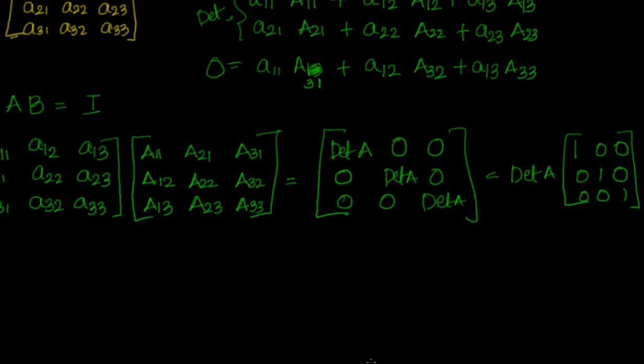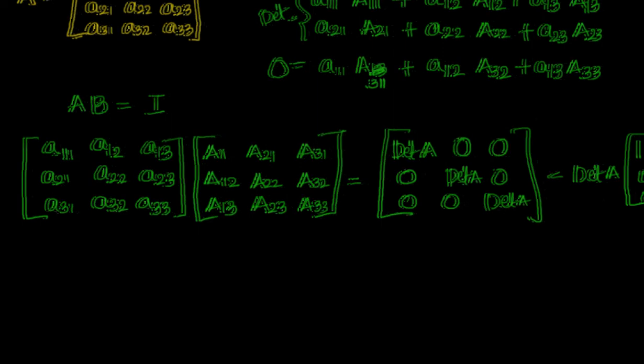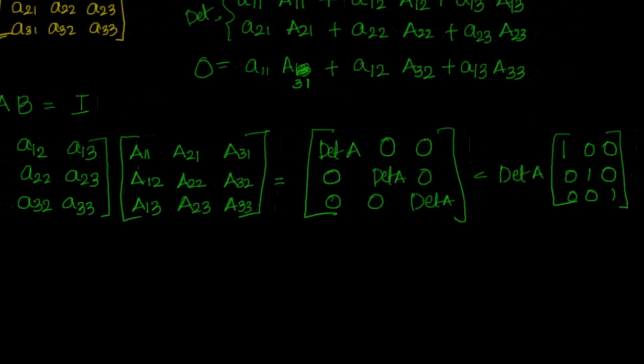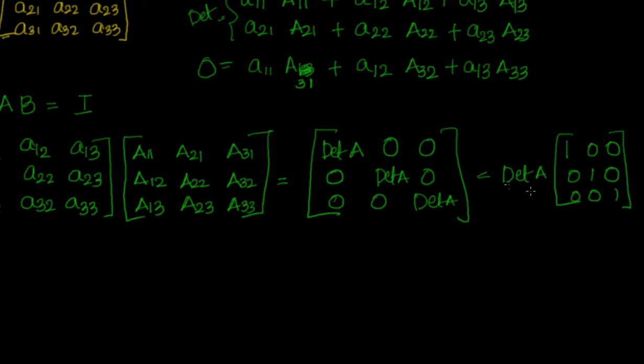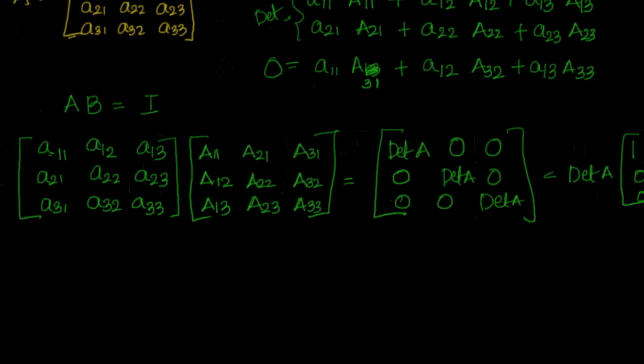What do we want? We want to find a matrix such that when you multiply that with A, it should give me the unit matrix. Now here we are getting not only the unit matrix, we are also getting the determinant. So we will take this determinant to the left side. Now can I write this as A into this matrix, which we call the adjoint of A, ADJ, the adjoint matrix of A. And also you will get your determinant from there to here.